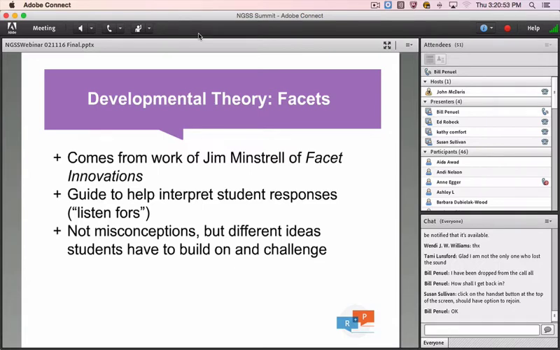I think one of the things that people tend to teach are general strategies like think-pair-share or KWL strategies. But really those do not support learning unless we have an interpretive framework at the ready for interpreting what students are saying in light of what they might be thinking underneath, and then having a way to think about what it is we want to support them to do next. So the facets that we provide for responding to questions also provided us with a sense of which ideas we need to help students develop. And so we developed a set of activities that I'll mention in a moment to support that.